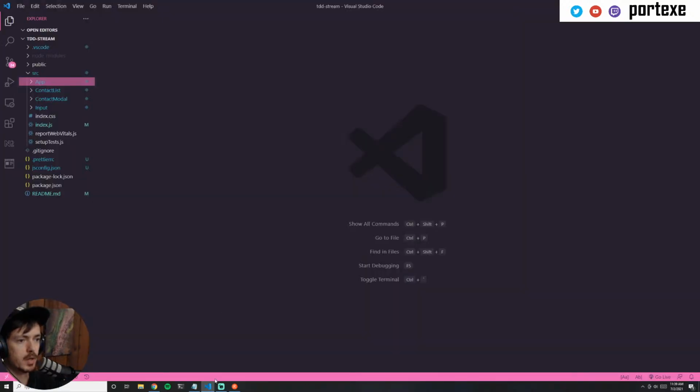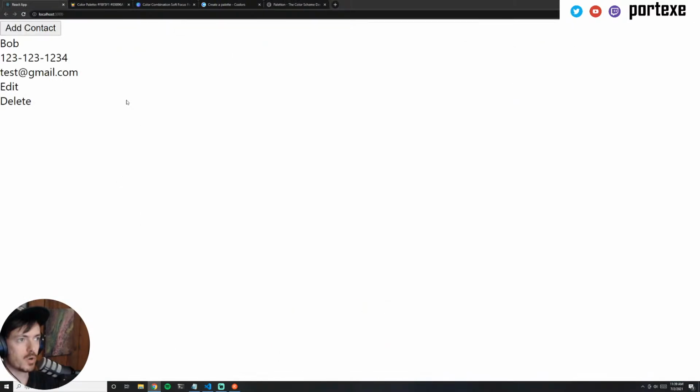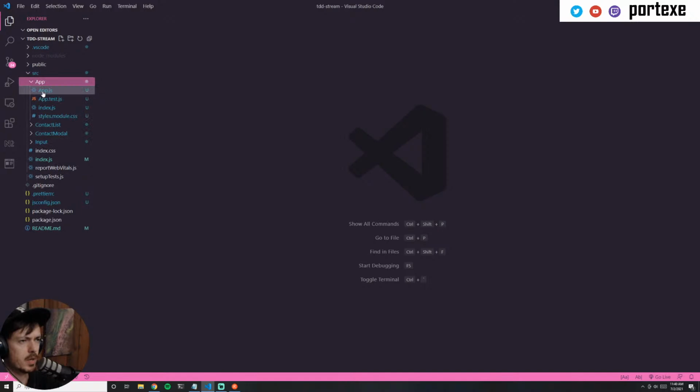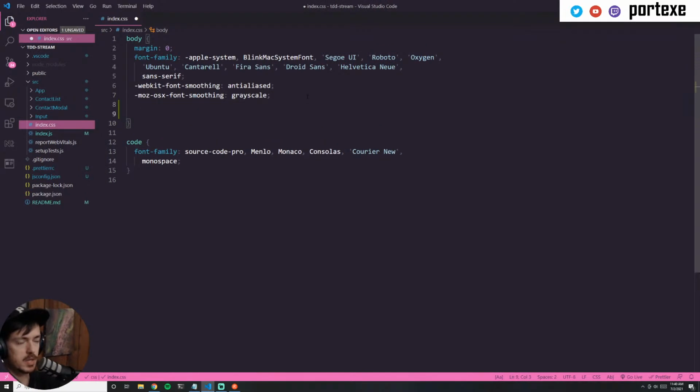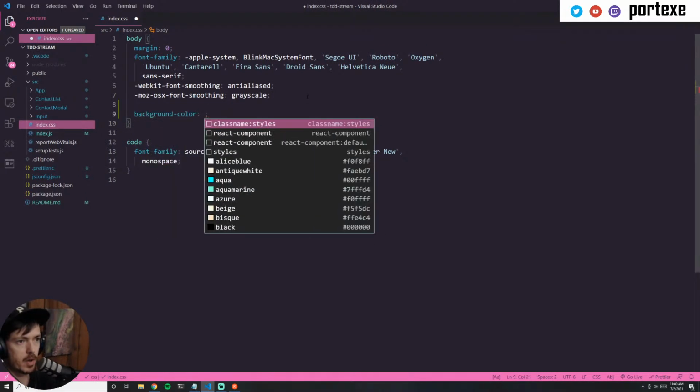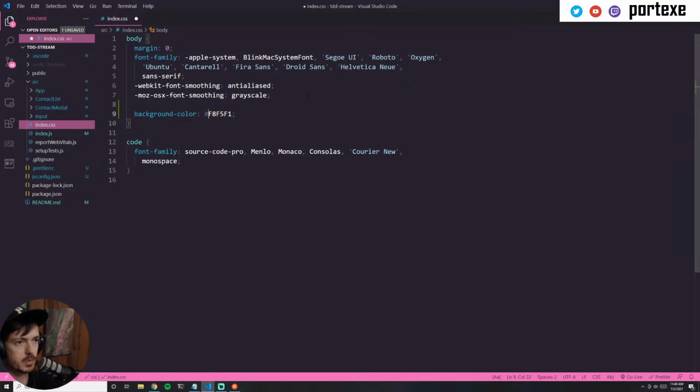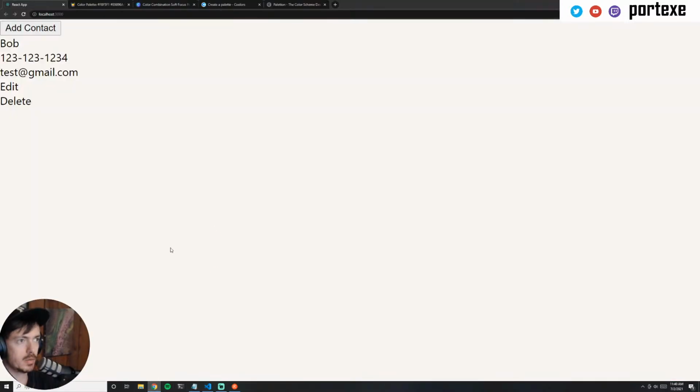So let's look at what we have so far. So this is what it looks like so far. Pretty awesome, right? Let's actually go in and start styling this. So I think the background of the entire app, which we can edit in the index.css file, I can add a background color and set it equal to that. And it's going to be more of like a creamy white than